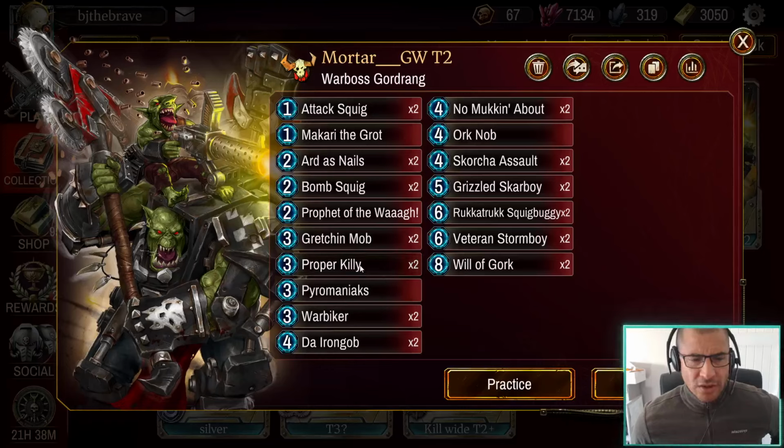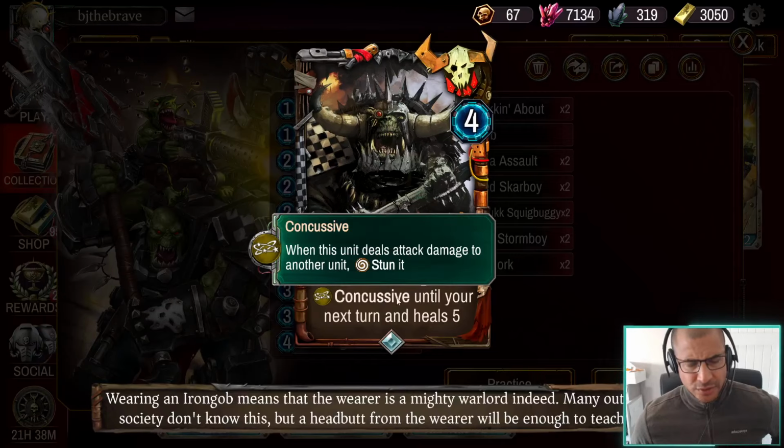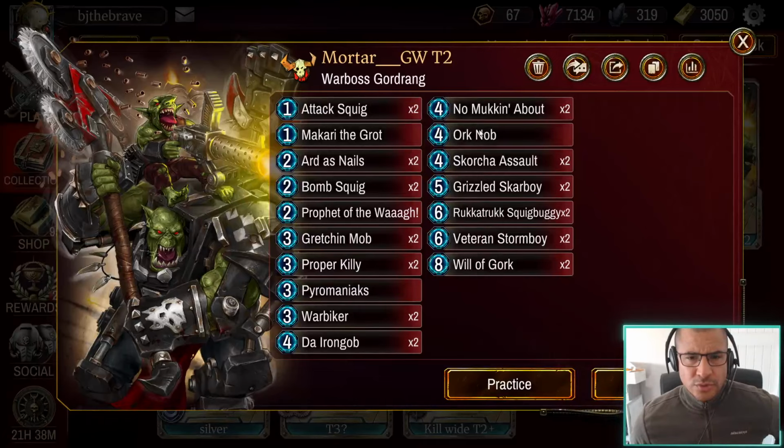It's still got a really powerful shell of the proper killer. I like the Paramaniacs in this meta actually. Just remember the blast with Iron Gob doesn't work anymore. You can't concuss the three units, you'll only concuss the middle unit, but that's just something that catches a lot of people out. Warbikers, of course, so the usual